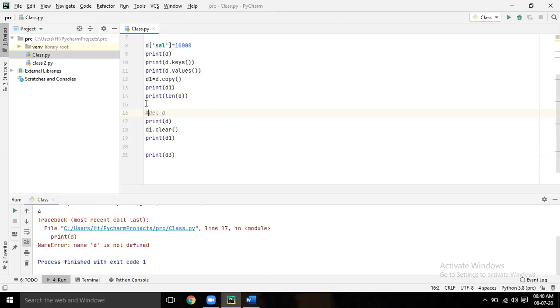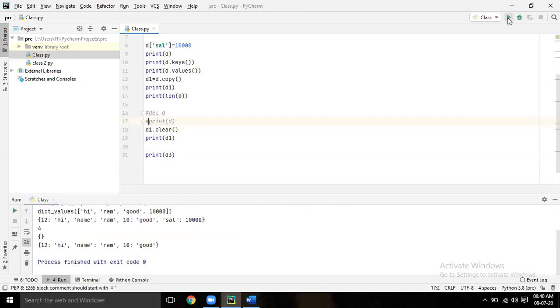Run that also. Okay, perfect. Actually in the beginning it was giving an error. Now D1 is cleared, and D3 is equal to D, the copy.